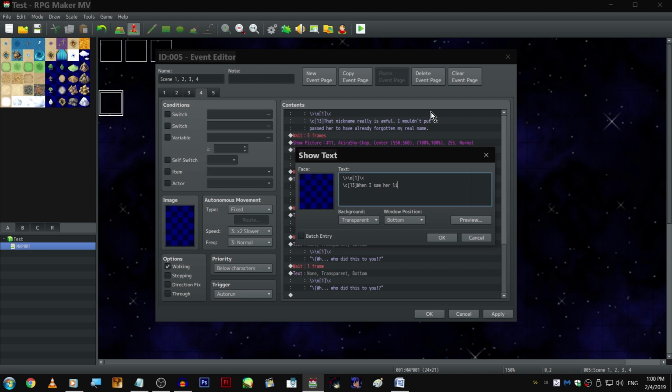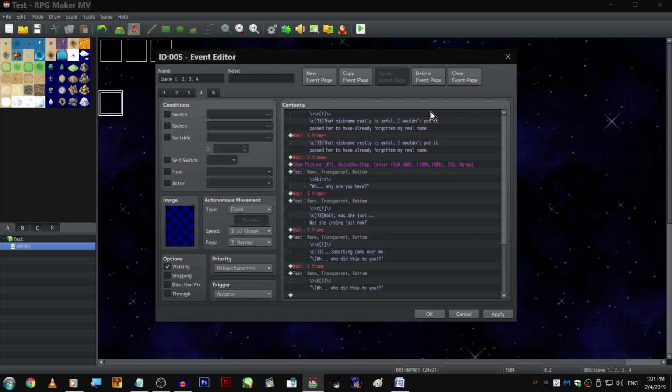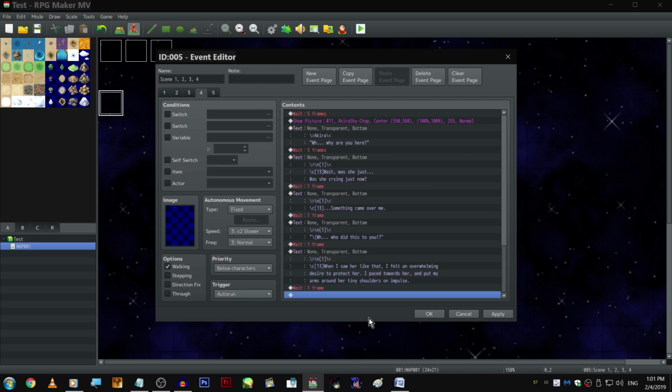When I saw her like that, I felt an overwhelming desire to protect her. I can probably put this on the same sentence. Okay, pace towards her? Put my arms around her tiny shoulders on impulse. Dang, the player doesn't waste time in this section. Okay, so...